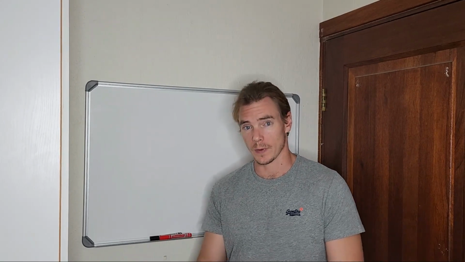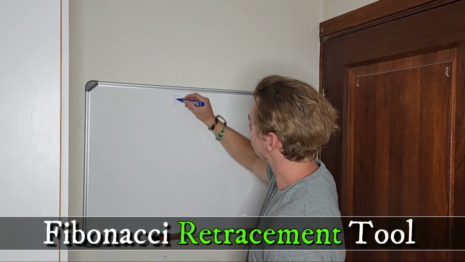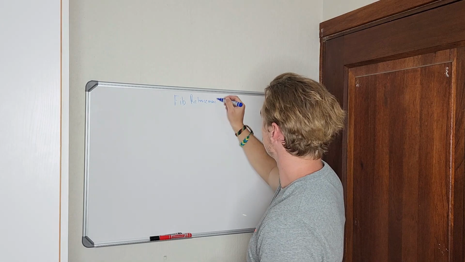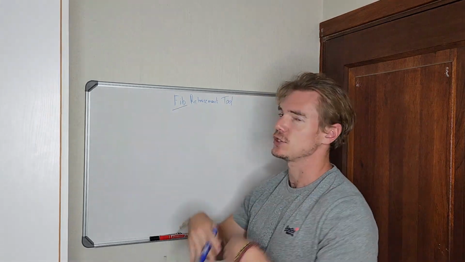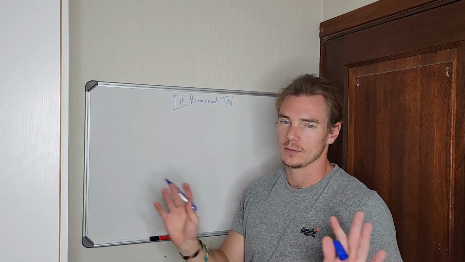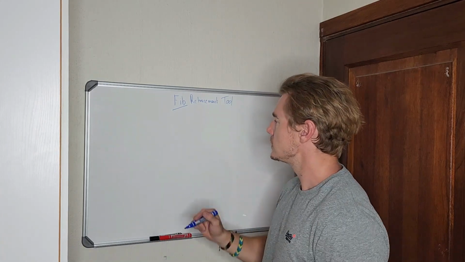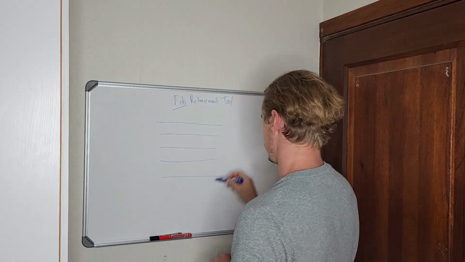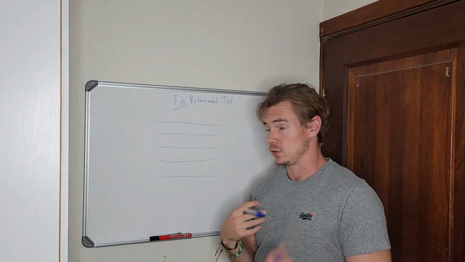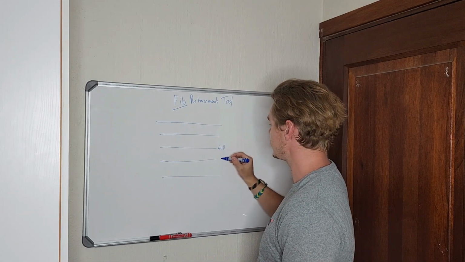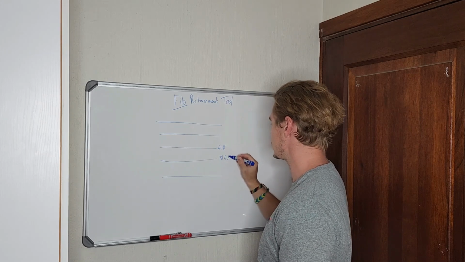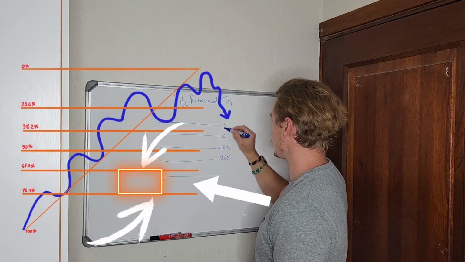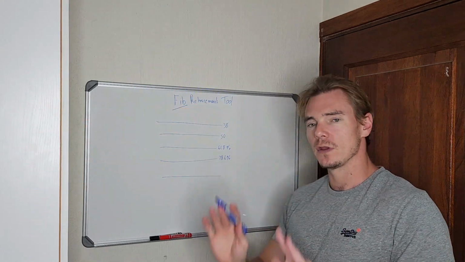Okay, guys, so what we're going to talk about today is the Fib retracement. Okay, I'll just say Fib. It's actually short for Fibonacci. Promise you, Fib's the one you want to use. Anyway, guys, in the Fib, you will have many different levels, okay? Many different levels. The two levels that I like to use are the 61.8 and the 78.6% retracement level. Okay, you still get the 50 and you get the 38, but for this video specifically, guys,